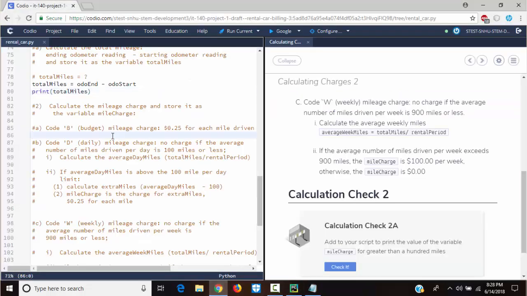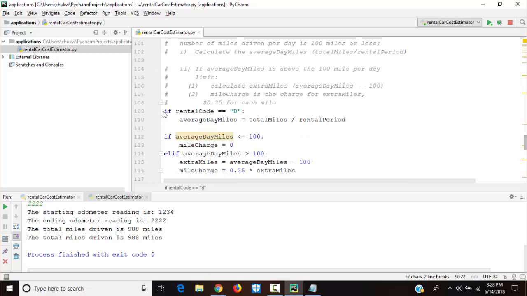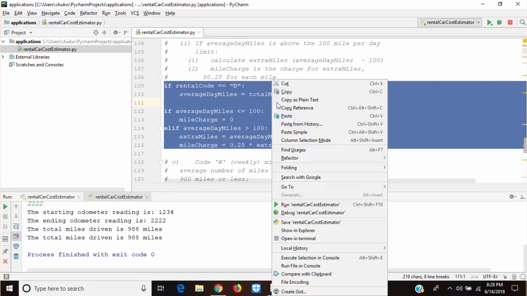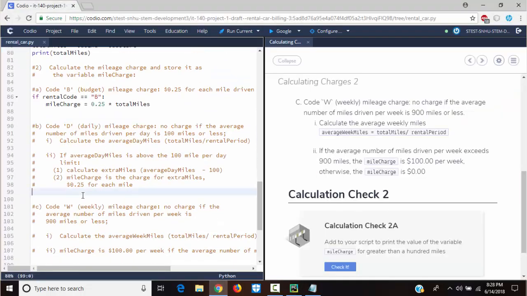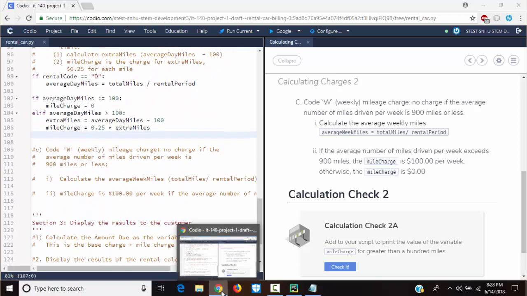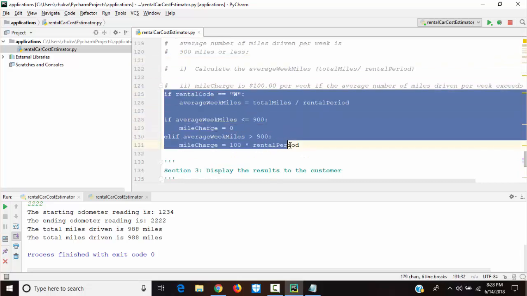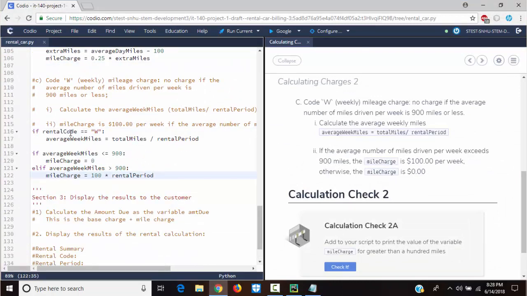Under code B, I copy and paste it. And then under code D, I copy and paste this one. And then under code C, I copy and paste this here.